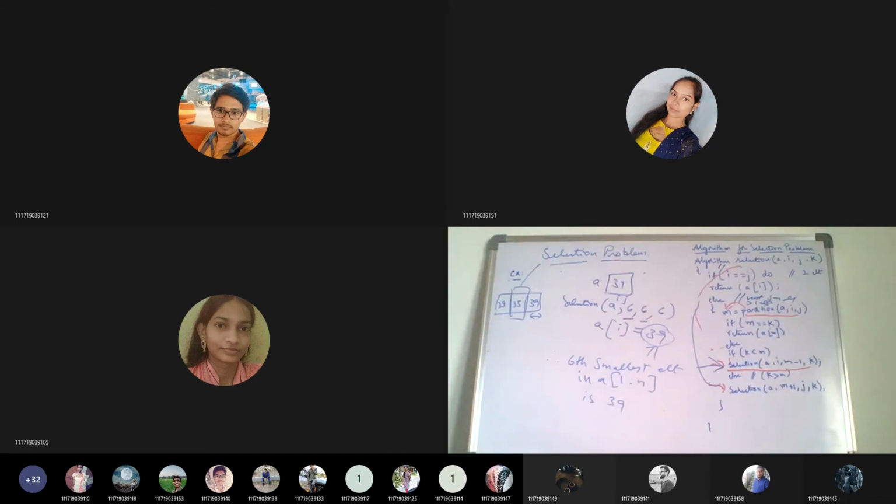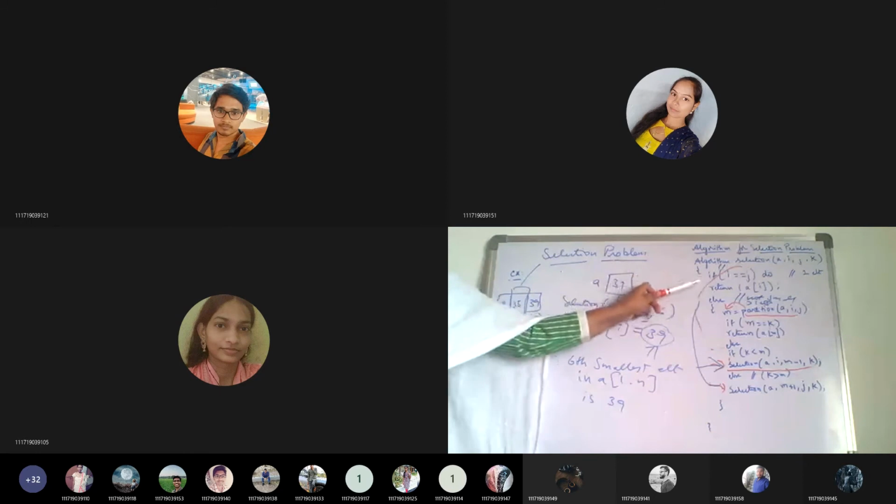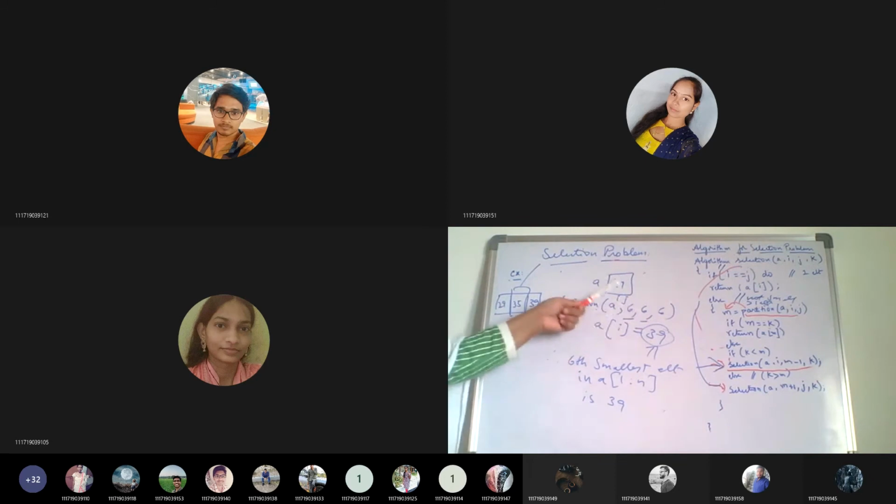Okay. So that is the procedure of this algorithm. The selection problem is nothing but finding the kth smallest value in the given list. To find the kth smallest value, first you need to check whether the problem is small. If both the indices are equal, it is small, so we directly return whatever it is.